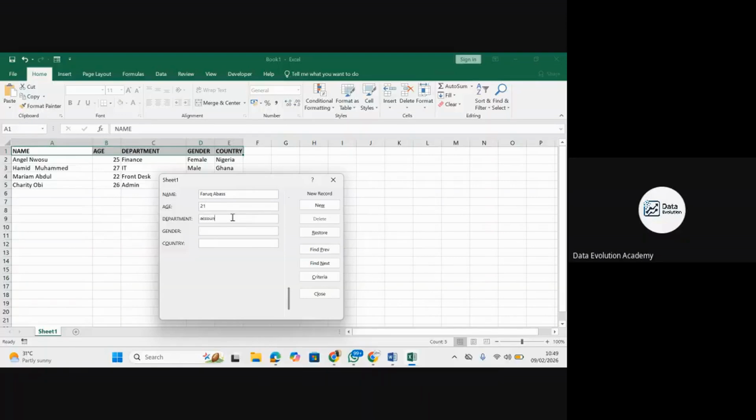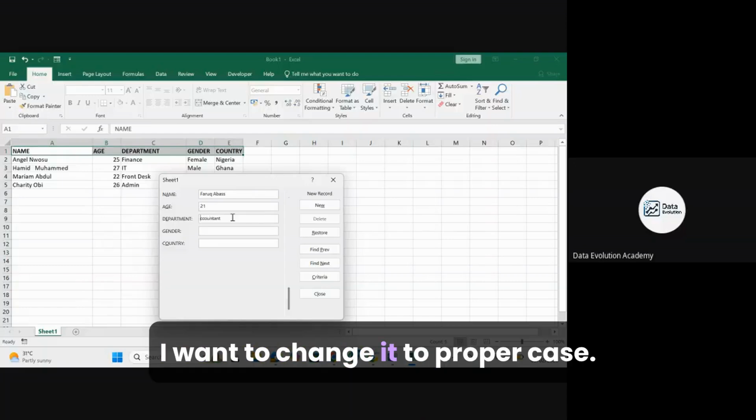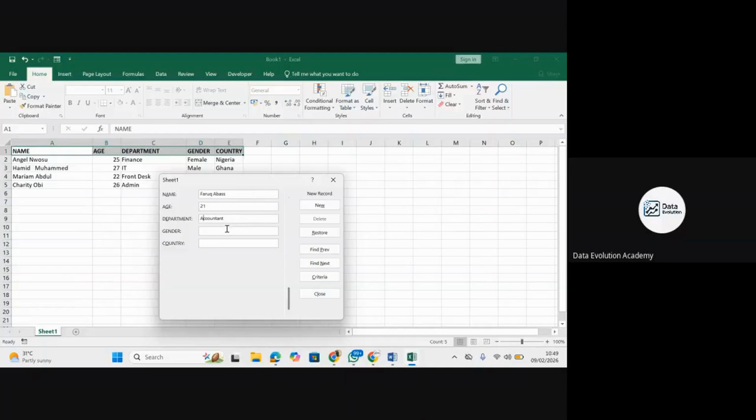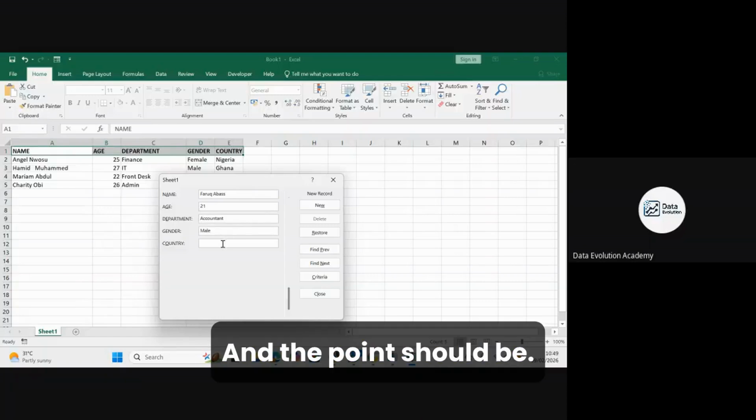Accountant. Sorry, I want to change it to proper case. Yeah, and the country should be